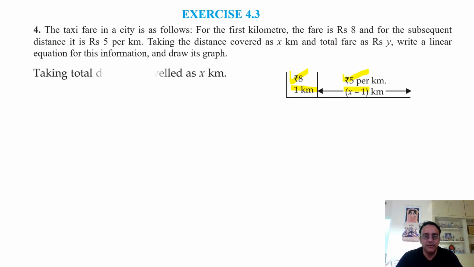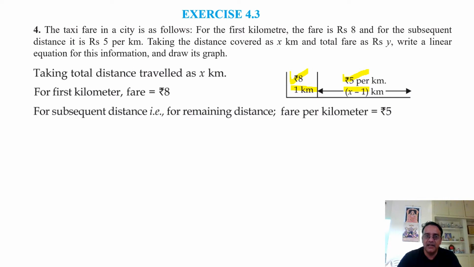So taking total distance traveled as x kilometer, for the first kilometer the fare is rupees 8, and for the subsequent distance, that is remaining distance, so remaining distance कितना है इसमें? The x minus 1 kilometer, the charge is 5, and the total fare is given